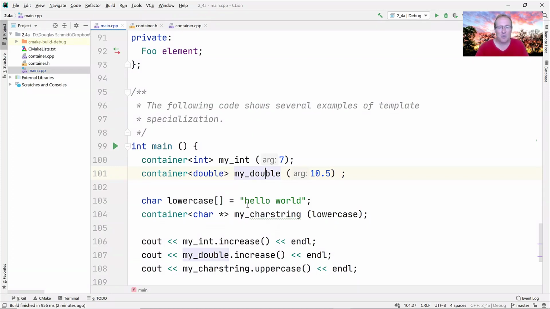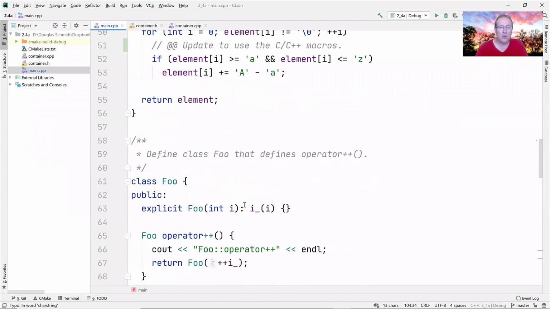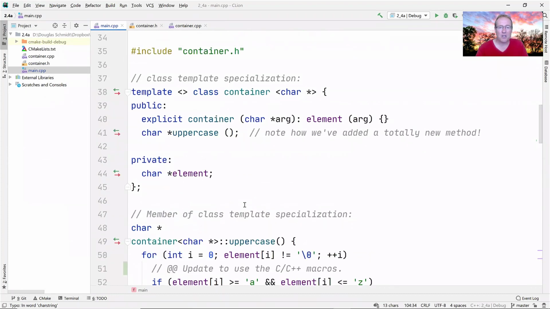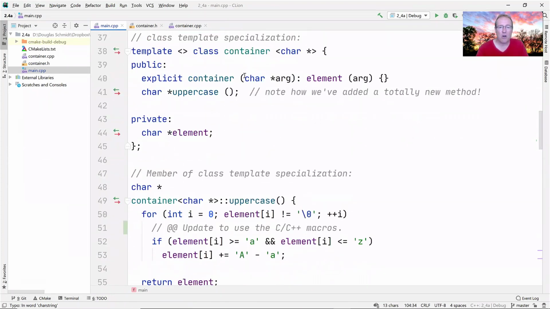And then just for kicks, we're going to make an array of characters that has the string hello world in it in lowercase. Then we're going to make a container of char stars, and we pass in the lowercase string. Now this version, because it's the container for char stars, is going to use this specialization. So it's going to get this constructor, which is automatically synthesized, and this implementation method,